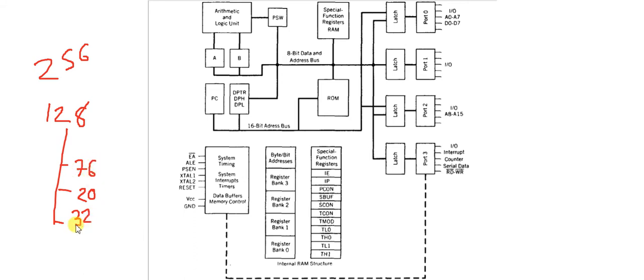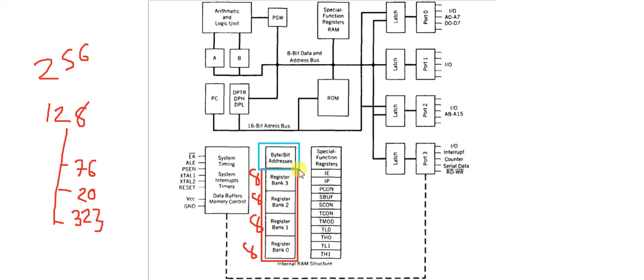So the first 32 bytes are of bank registers. Okay, that is divided again into four parts: bank 0, bank 1, bank 2 and bank 3. Each bank contains 8 bytes. Okay, so each bank contains 8 bytes. This way this 32 bytes of memory is available. The other option is the bit addressable